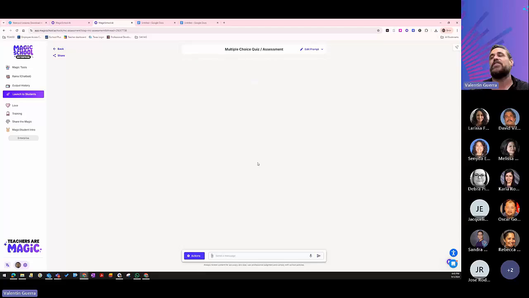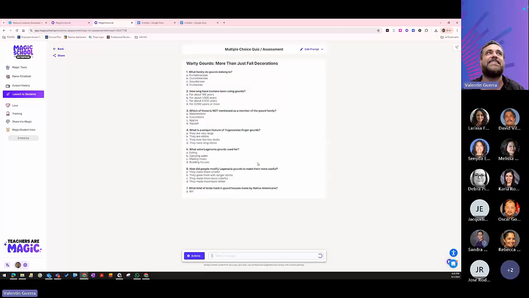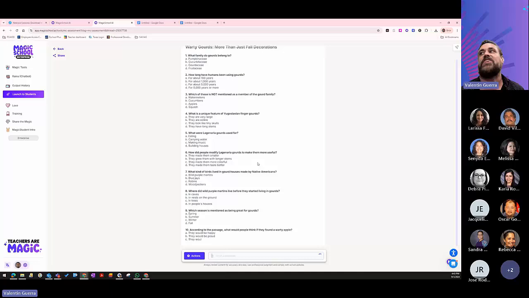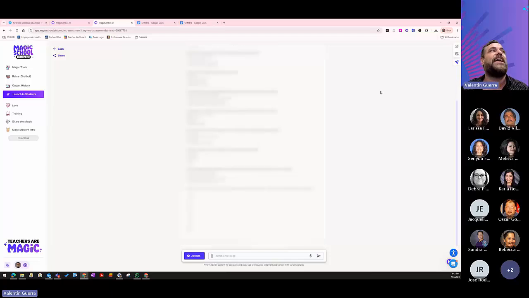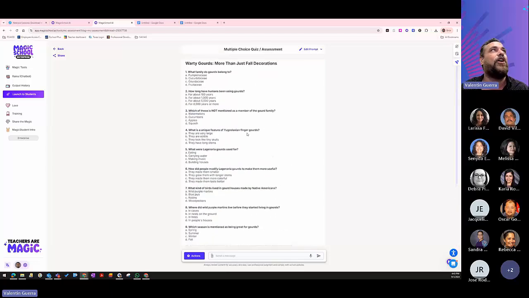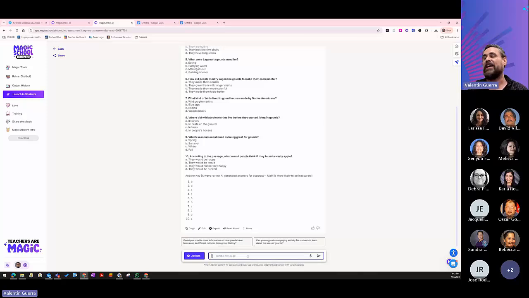Now, these questions, you can use them for an entry ticket or an exit ticket. You can just do it for conversations with your students, and it gives you the answer keys as well. Now, one of the things that I do like, for example, there was not an area in here to ask about the TEKS. I am going to put in here as a post prompt, please align these questions to Texas TEKS for third grade